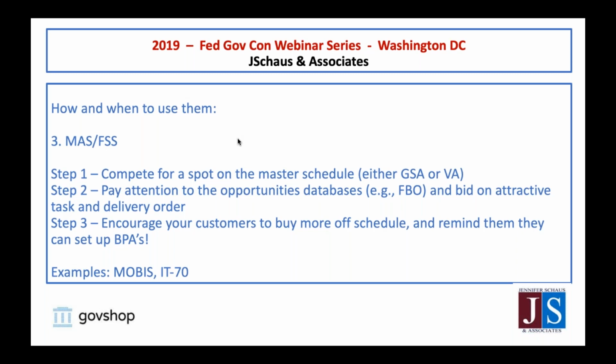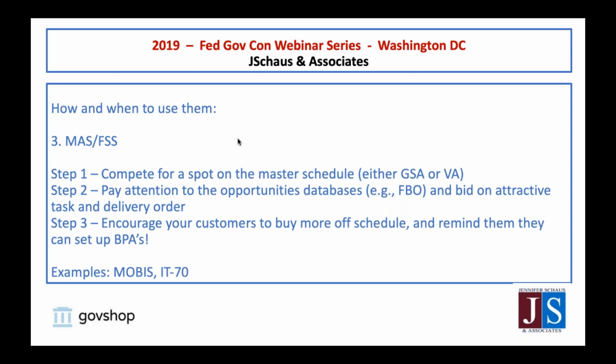All right, so let's say you got that GSA schedule award, you got that VA federal supply schedule, and now you're ready to start drumming up some business. You're ready to go hunting. So pay attention to what's coming out on eBuy for sure. Bid on attractive task and delivery orders, but be aggressive. Go and talk to your buyers. Let them know, hey, you're on GSA schedule. So if we were already talking about something and it seemed like you wanted what I was selling, now you can get it a lot quicker on GSA schedule.